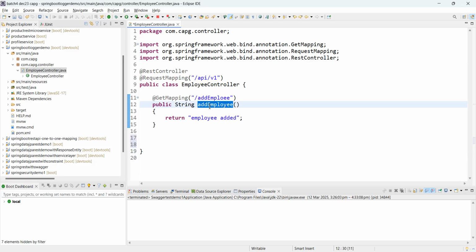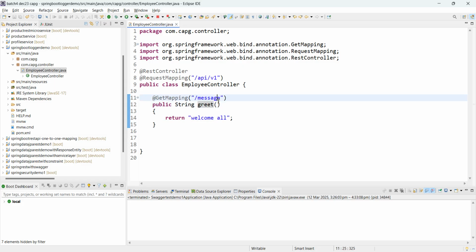I'll mention here a message, display info, and I'll put a message. This is a simple controller.